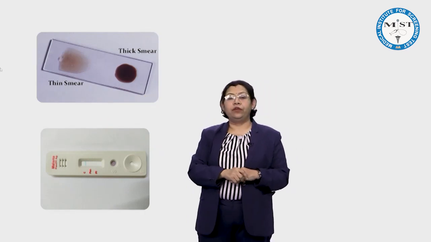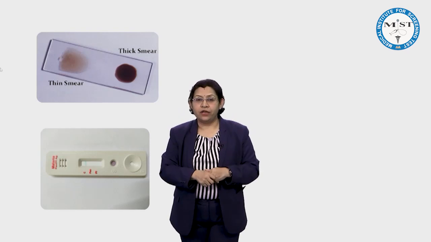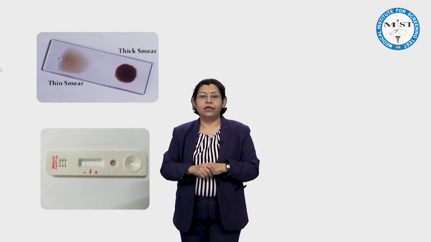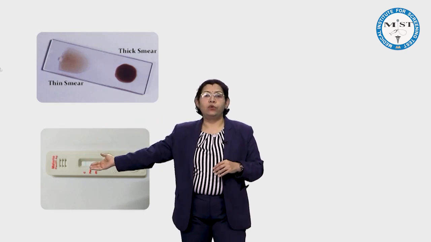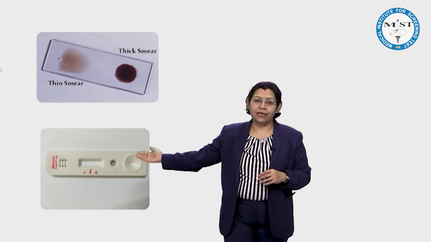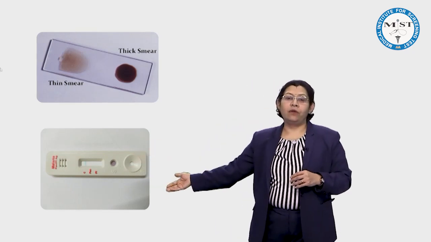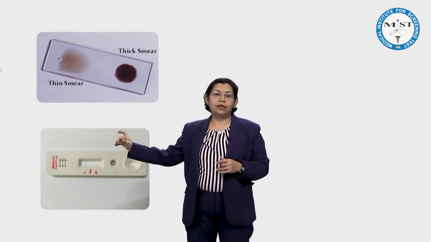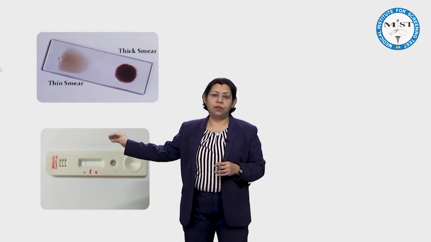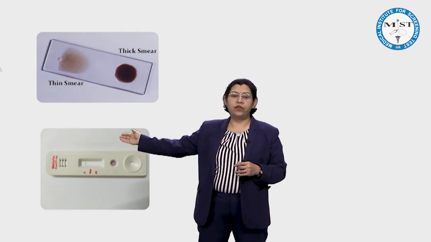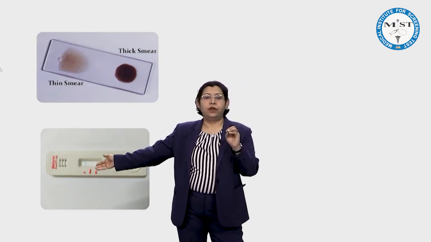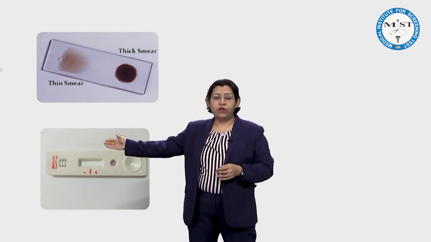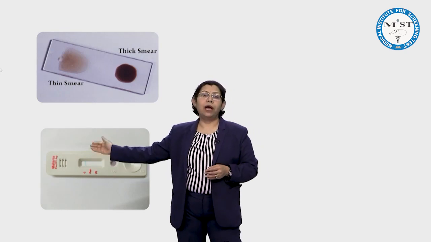But suppose the PHC is situated quite far away, where we are not able to get the report within 24 hours. In that situation we go with rapid diagnostic test kits. What we are checking for is malaria antigen in circulation. So these are kits where we simply put the blood, and we get the lines because of the antigen-antibody complex, which is already coated with color. So we can get these lines. These are bivalent kits.